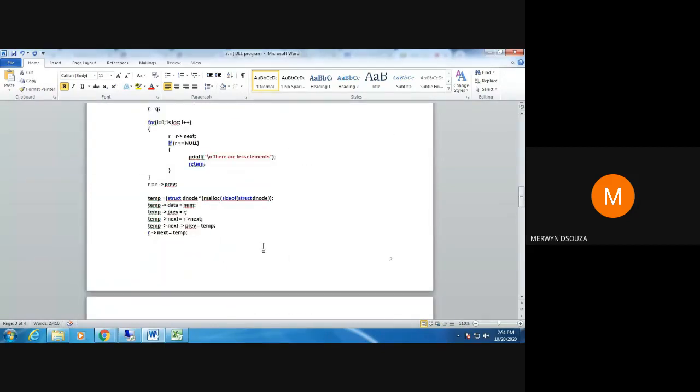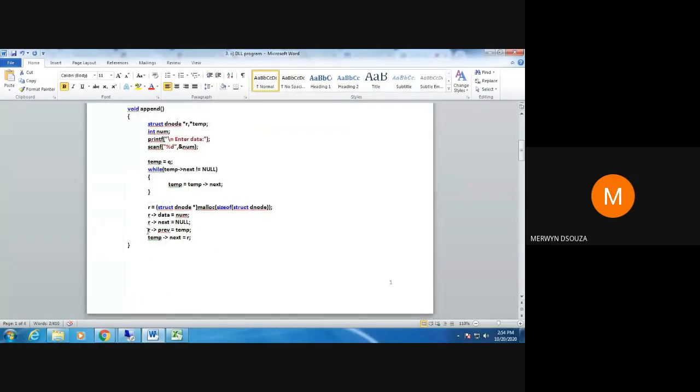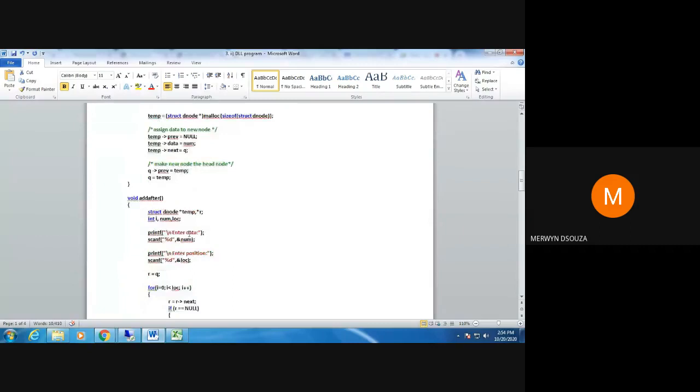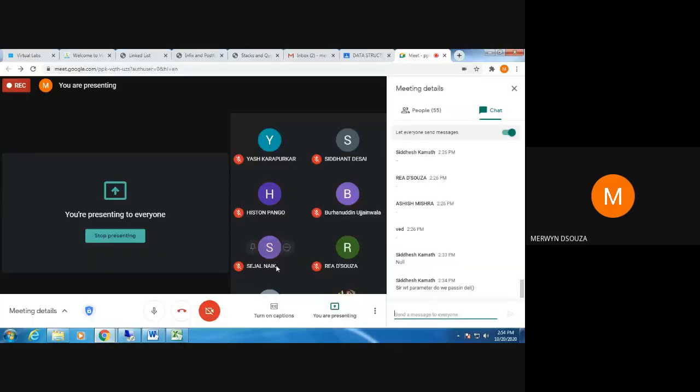The second change that I told you yesterday was in the append function. Instead of Q, it should be 10 in these two lines. Just make sure you change those three lines of code: two in this function and one in the delete function. Okay, any doubts here?